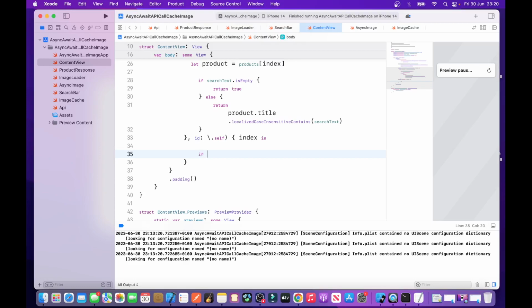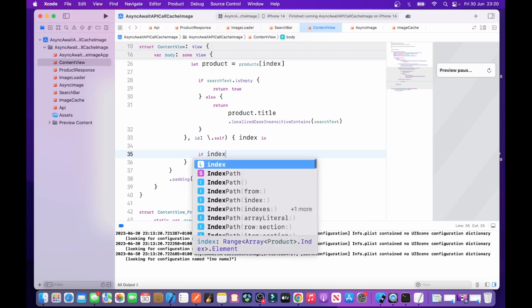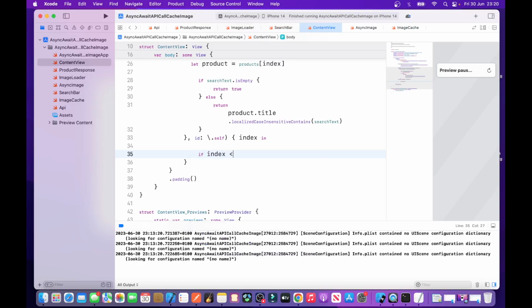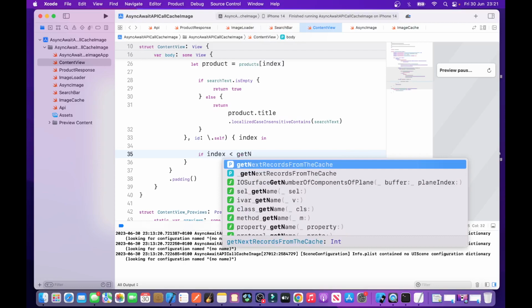If index is less than get next records from cache,